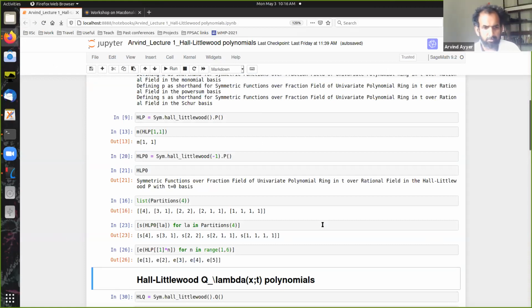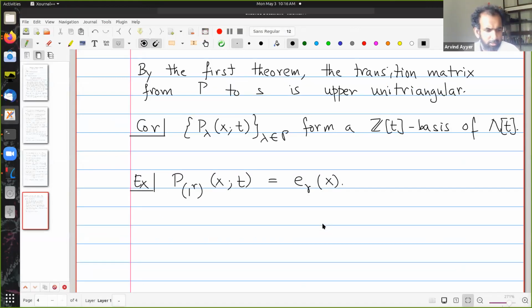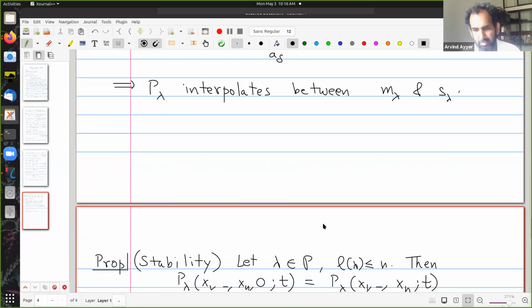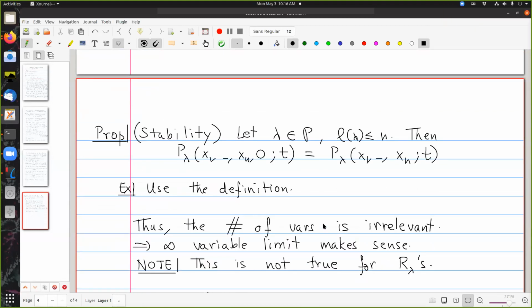Okay. So now I'm moving on to the next family of symmetric functions. So the P lambda is one natural generalization. So the corollaries that you obtained above, P lambda at x comma 1 and x comma 0, would also therefore make sense for infinitely many variables. Yes, exactly. I mean, this holds in general, so one can just do it.